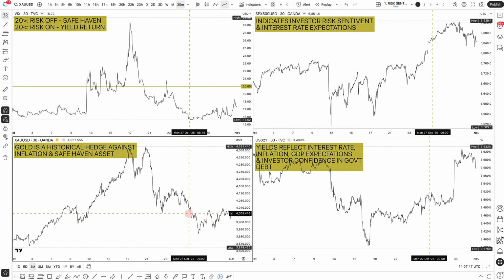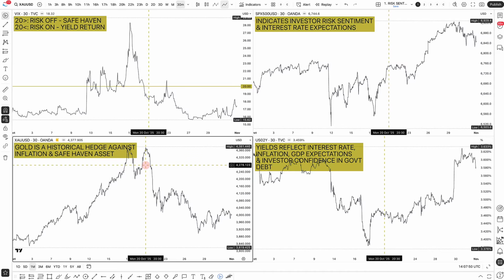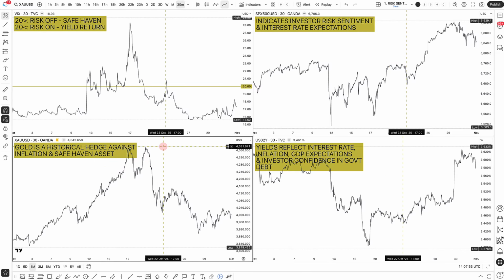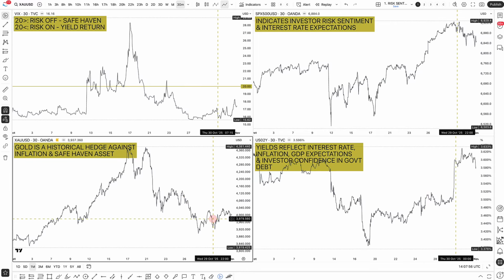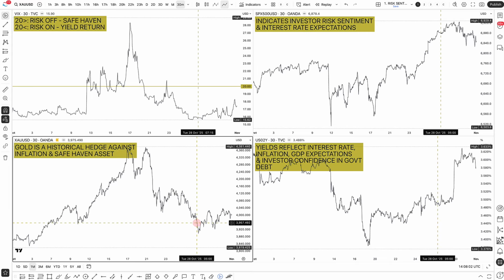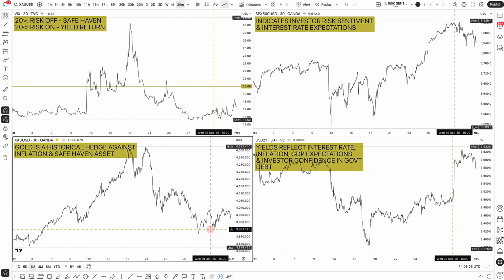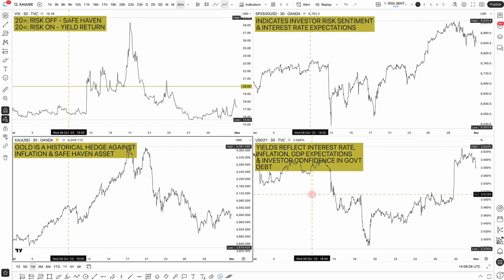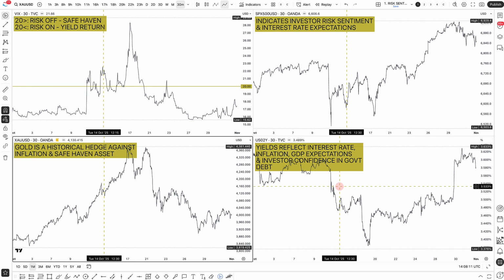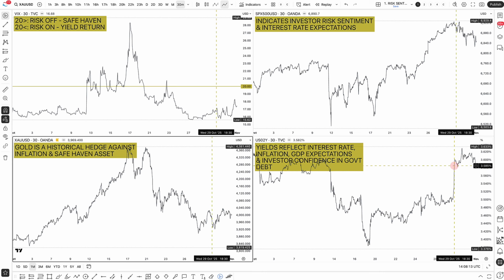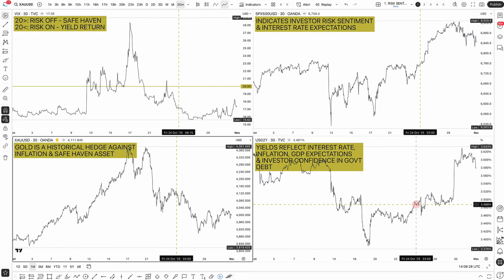We've seen gold pull back over the last couple of weeks or so. We reached the highs of $4,381, and now we're around the 4,000 mark. This is probably due to more risk on sentiment, but also the fact that the dollar has strengthened a little bit recently, and we'll get into that a little bit later. Also, bond yields, especially the 2-year and the 10-year, are indications of interest rate expectations. You can see here the US 2-year Treasury yield popped up on Wednesday on the FOMC meeting, and that was due to a bit of a hawkish Fed. Again, we'll talk about that a bit later.